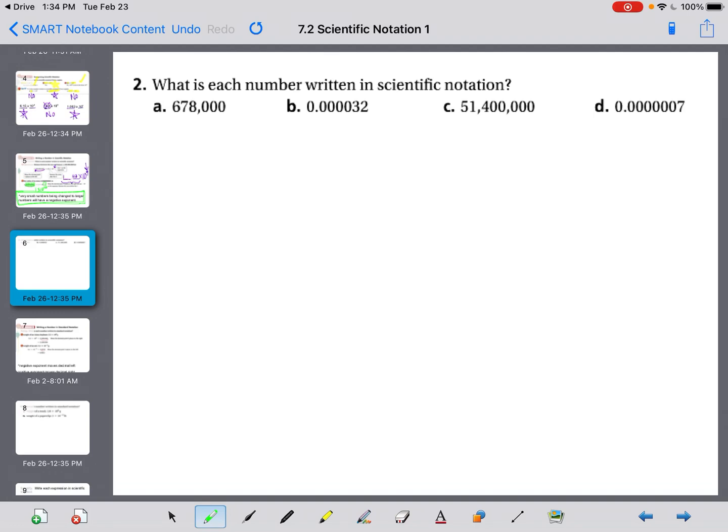Okay, so I have to figure out 678,000 is way bigger than being between 1 and 10. So where can I put my decimal to make it a number between 1 and 10? And that would be right after the 6. So when I fill out what I call dash dot dash times 10 to the dash, that means I'm going to put my